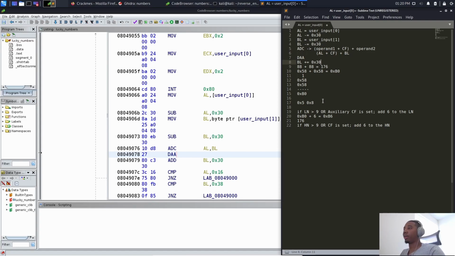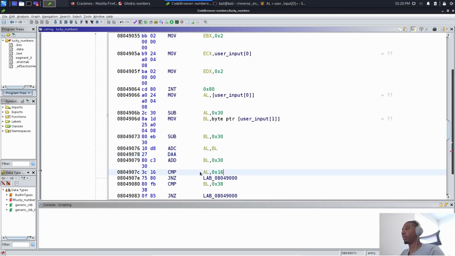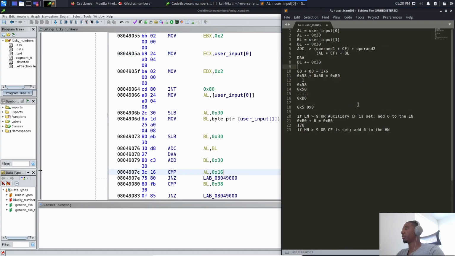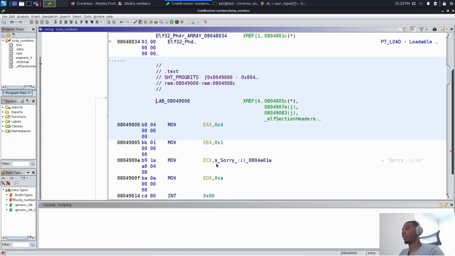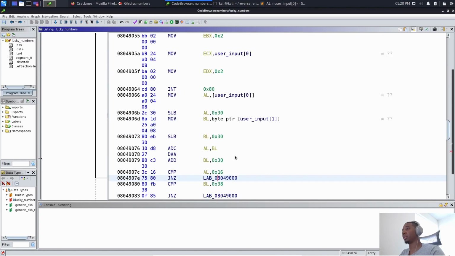So we'll keep that in mind. Then we see that we're going to compare AL to hex 16 here. So if AL is equal to 0 hex 16... well, if it's not equal to that, we see we jump up here, and then we get this error message. So we obviously want it to be equal to hex 16,